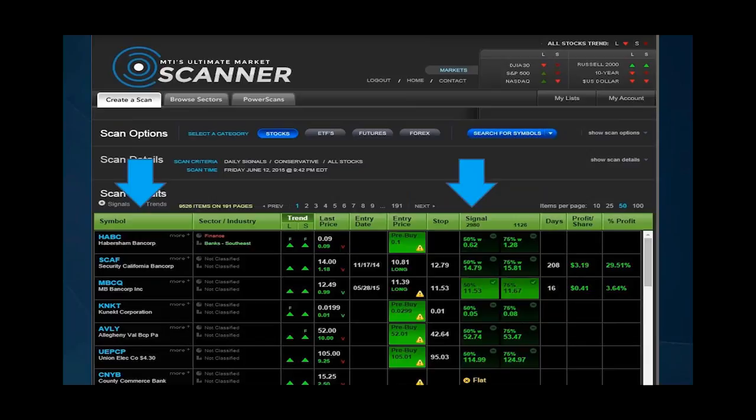So once again, my new people out there, I know we might be going a little bit fast. Let me just reassure you. You'll absolutely be able to take this market scanner for a test drive. You'll have it in front of you. You'll have our charting platform in front of you as well. So when we find these opportunities, you'll have them right in front of you. You'll be able to see exactly what we are seeing. You'll be singing off the same sheet of music that our team is.